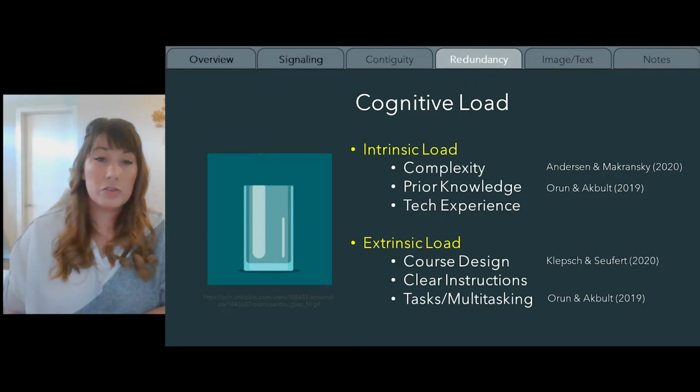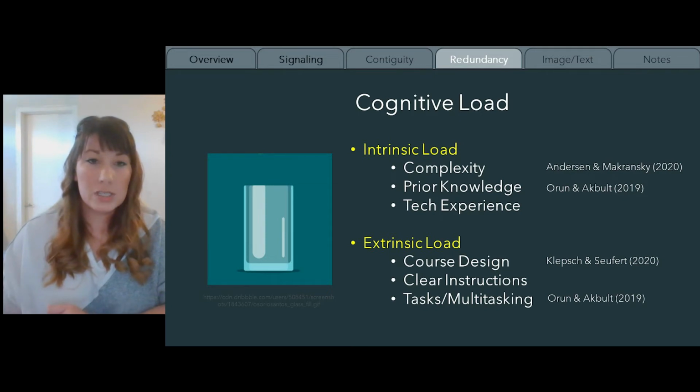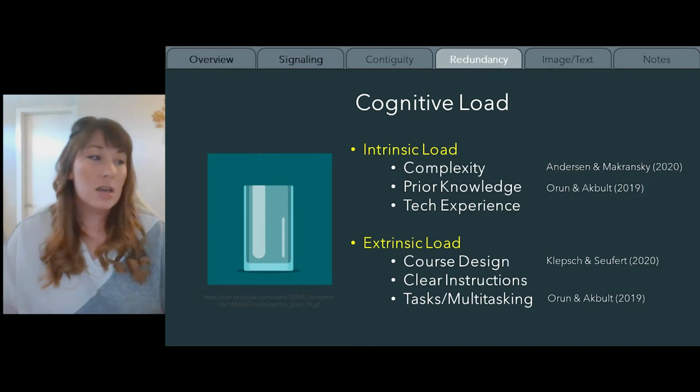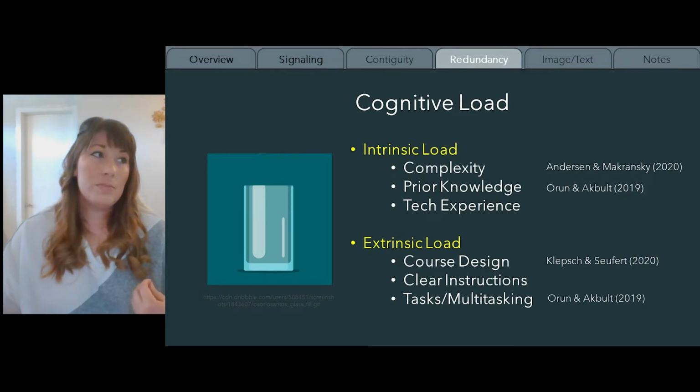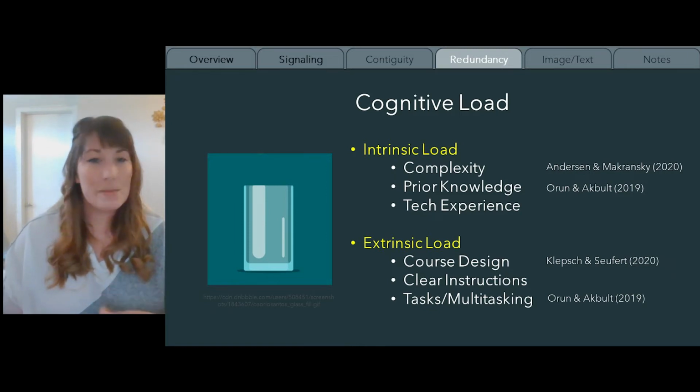And a lot of that comes from course design, whether the instructions are clear, the multimedia that we're using. If it doesn't take signaling and contiguity and other principles into mind whenever we're designing these courses, then this will actually cause a heavier cognitive load on these students. So if it's not designed appropriately, they're going to have more of that cognitive load simply because they're trying to keep up with all the overlapping signals and the overflowing cup that we're giving them based on how the course